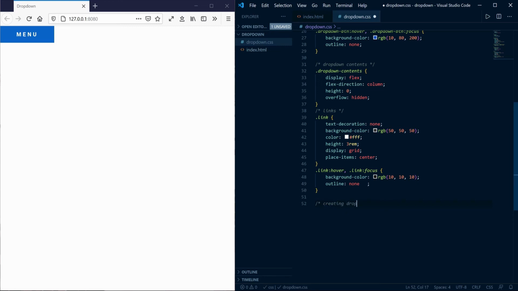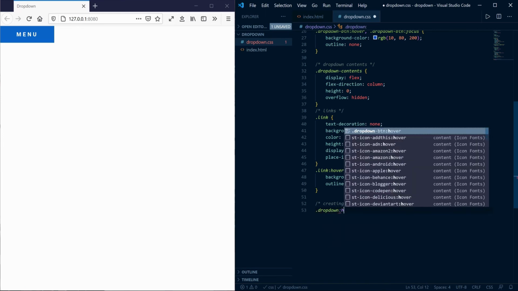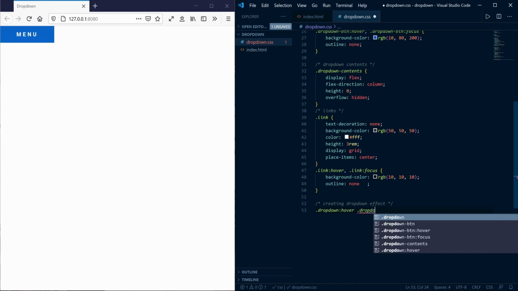Finally, we will create drop-down effect. So what we want to do is, when we hover over drop-down class, we want to change our drop-down contents height. Currently, drop-down content height is set to 0.